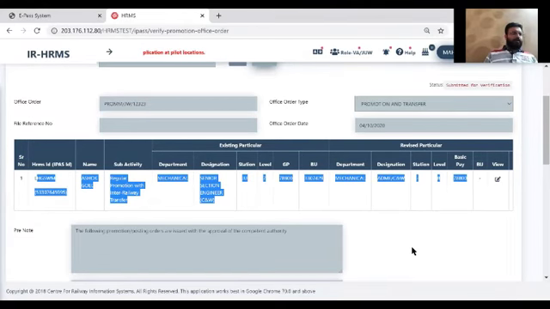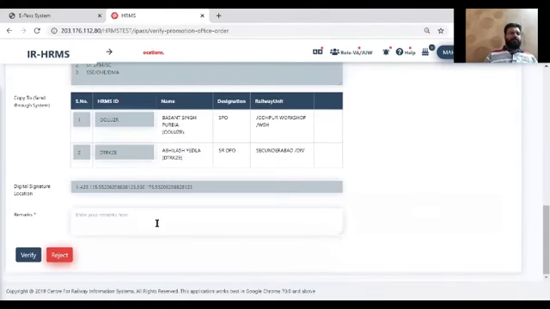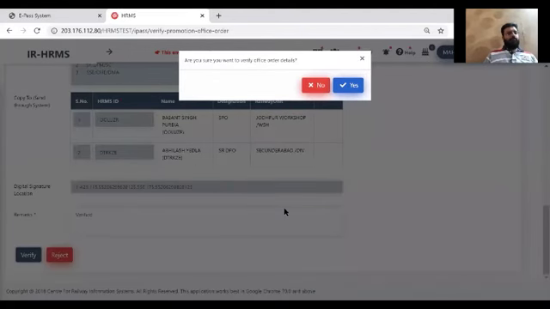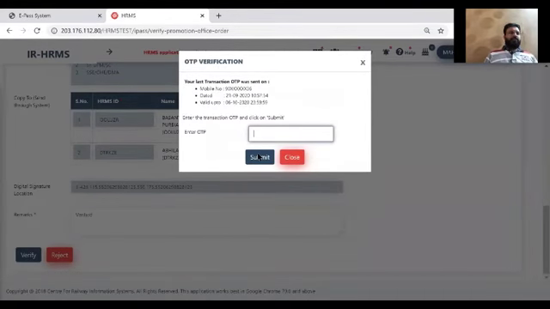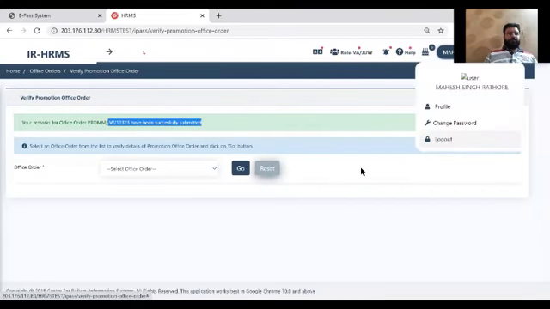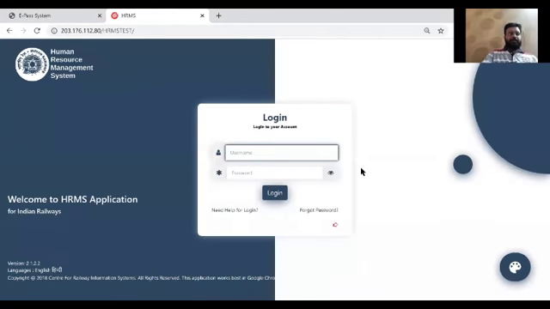So now we have two options here. Either we can submit this information to level 3 officer by clicking verify button, or we can return this office order to DC for rectification. So to move it to level 3 officer will just click on verify button and provide the transaction OTP. So now this office order is submitted to level 3 officer. So now we'll come out with my verification authority and log in again with my accepting authority, that is Vasant Singh ji.